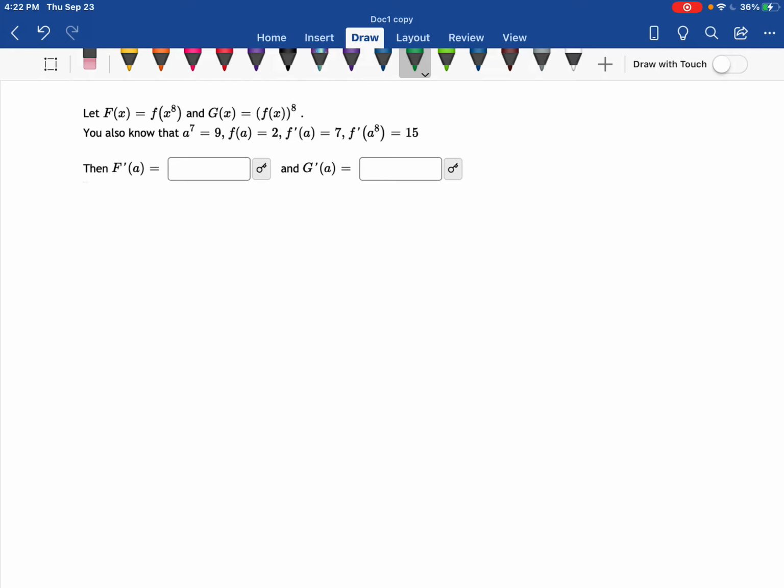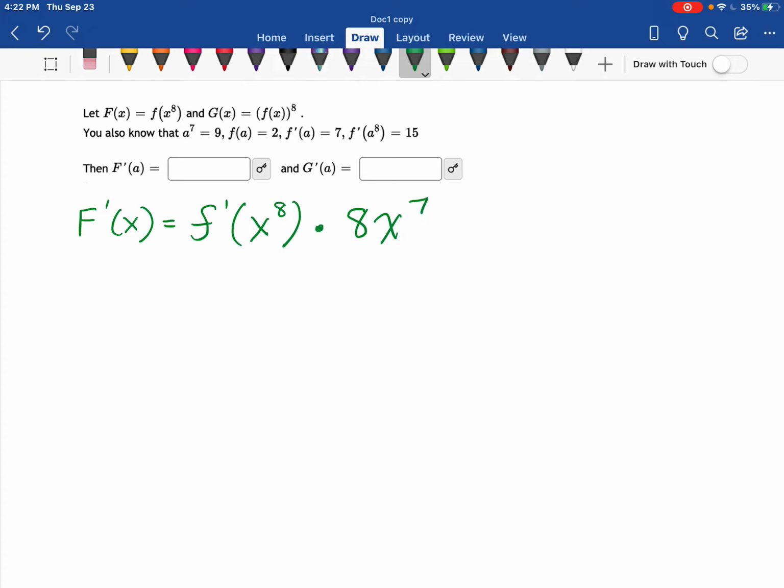So the first part of this question asks us to find the derivative of capital F and then evaluate it at A. So let's first find the derivative of capital F. Capital F is defined as f of x to the 8th. So we have some function with x to the 8th plugged in. So when I take the derivative, I'm going to have to take the derivative of f with that inner function plugged in, and then I have to multiply it by the derivative of the inner function, and our inner function is x to the 8th. So when I take the derivative of that using the chain rule, I have